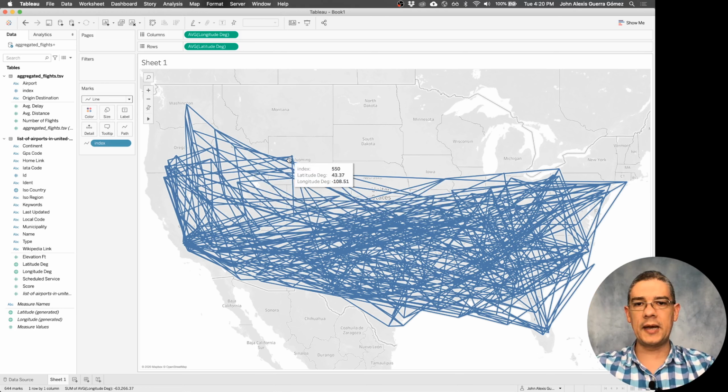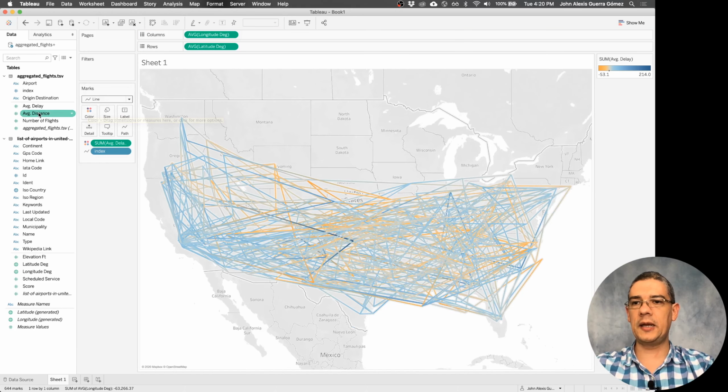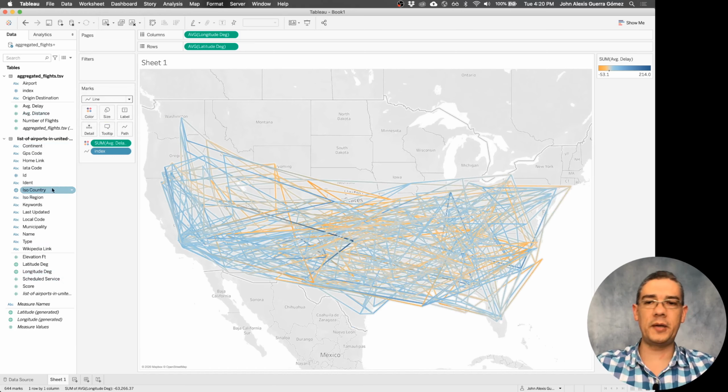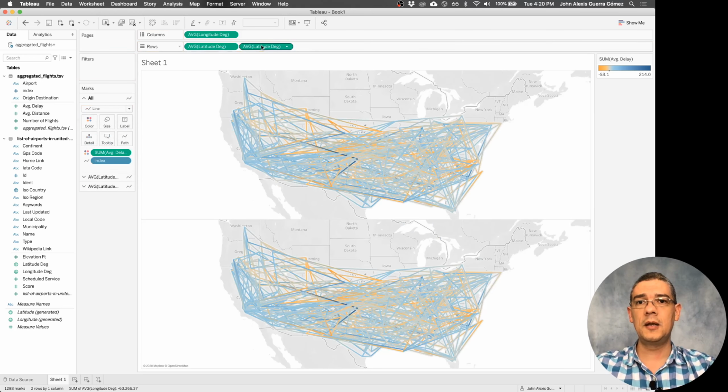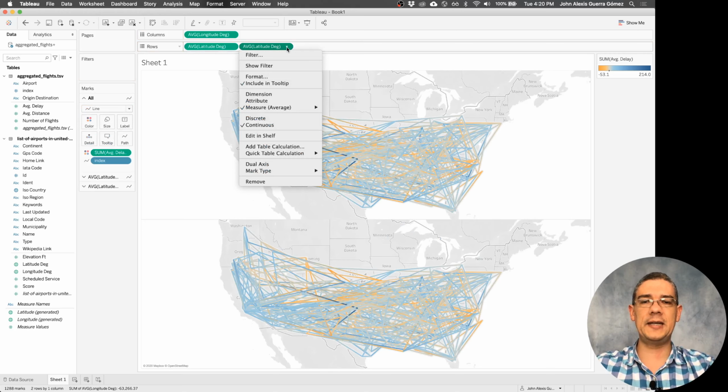And I can also go and show my average delay. That will be something like this. And I can also start using some of this other information for some of the other attributes. Like, for instance, another trick, and hopefully this one doesn't look on my face, is that I have found that